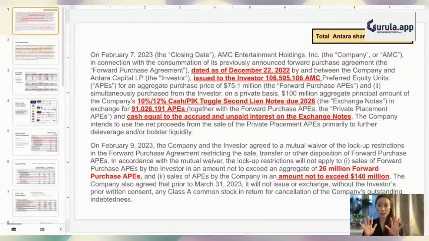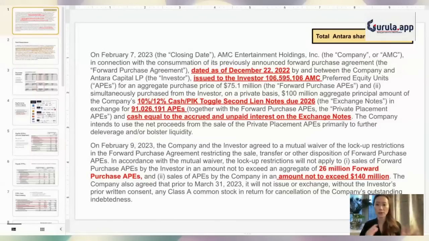And I'll leave it up on the screen so you can read it again and again, because that legal language is not fun. What that's about is this. They wanted to make sure to put that verbiage there so that any shares that Antara already owned, which I'll show you when you see the total number of shares, you'll realize that there's a little bit more to it than what maybe is being said, that they didn't just short